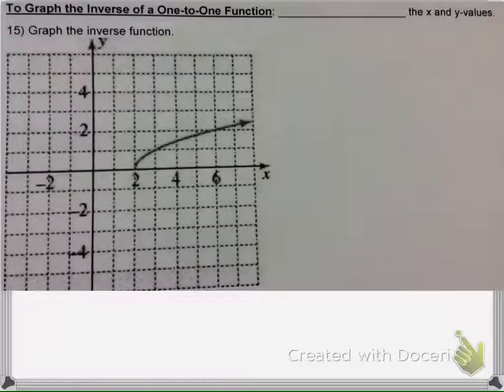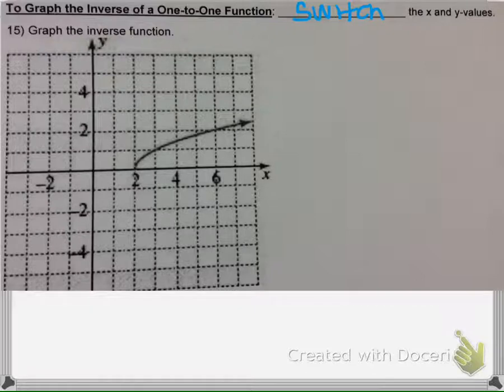So next we're going to talk about how to graph the inverse function. To graph the inverse of a one-to-one function, we talked about that the x's and the y's are switched. So we're going to switch the x and y values. If we're given this graph here, to graph the inverse function, we have to gather some points from the